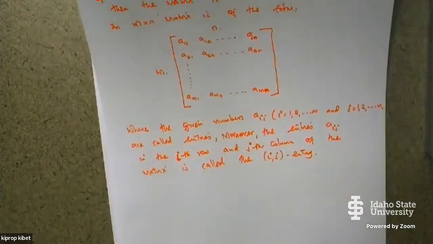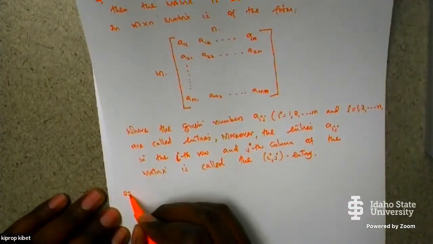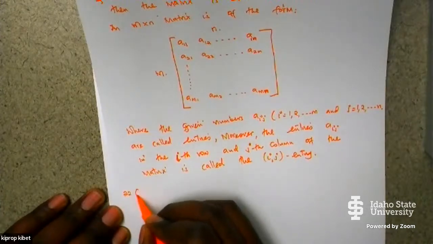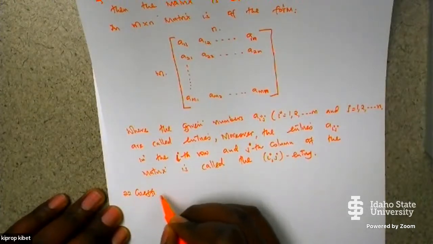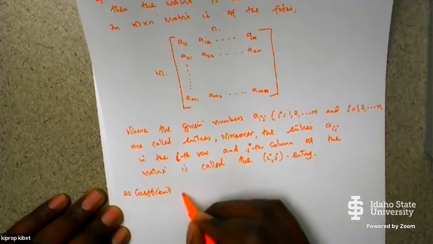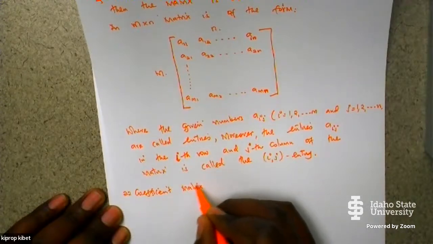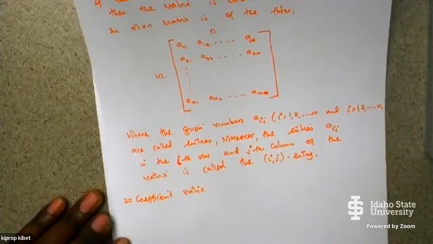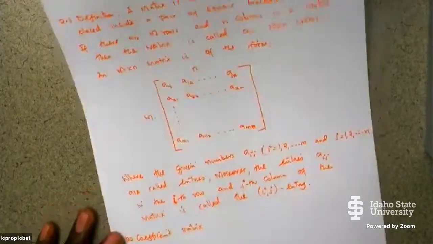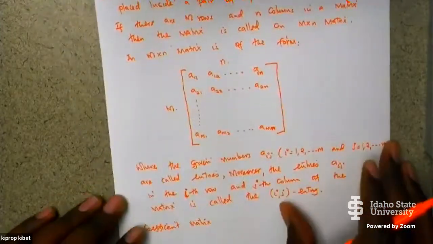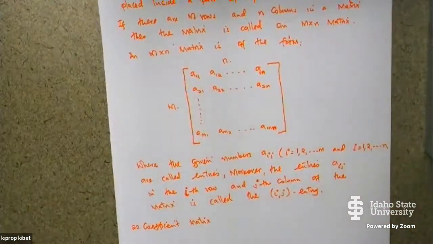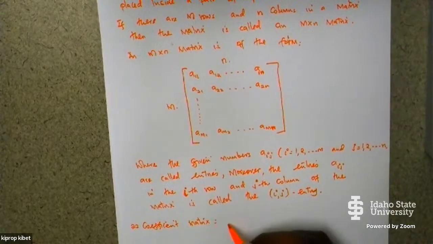Okay, now let's come to 2.2, the coefficient matrix. What is the coefficient matrix? So we can say the coefficient matrix